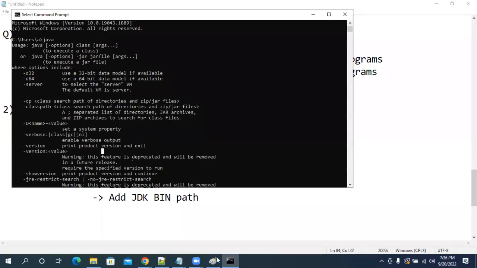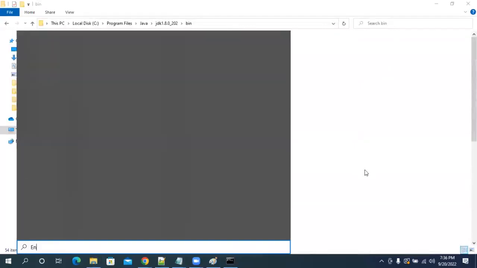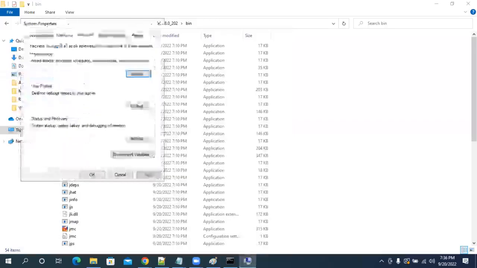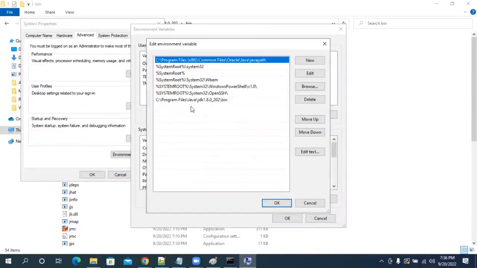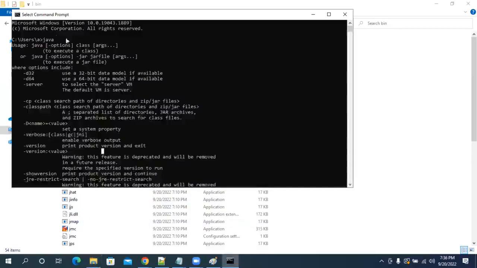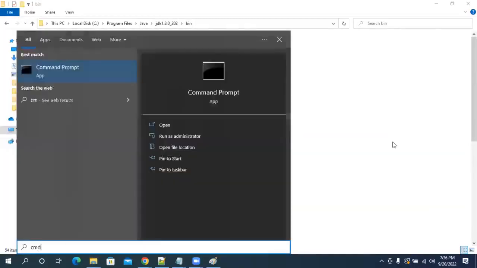Suppose this path is not available. Let me again go to environment variables, system environment variables, Path, click on edit. I am deleting this. Currently, is the path available or not available? I have deleted that.